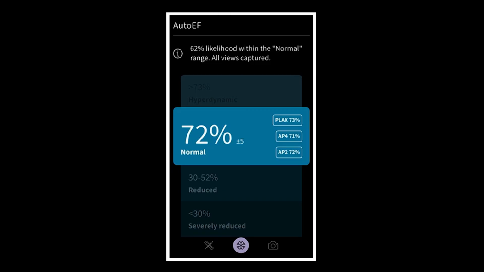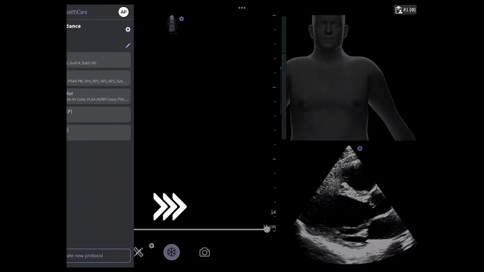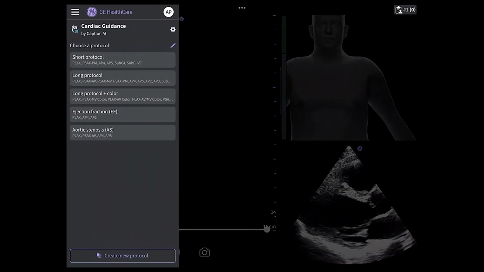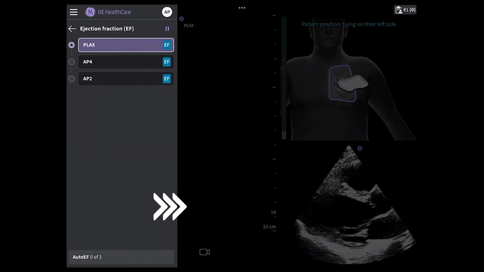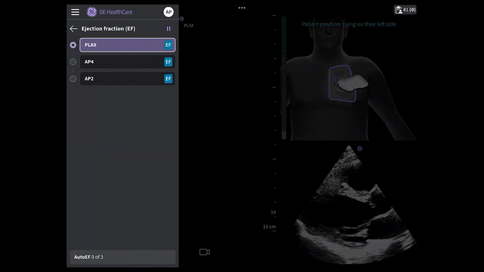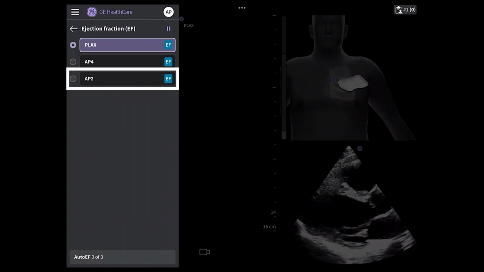Cardiac interpretation provides an automated ejection fraction estimate. Swipe right from the left edge of your screen to choose a protocol. Here you'll see the ejection fraction protocol. Swipe right again to see each view in the protocol. If you capture a parasternal long axis, apical 4 or apical 2 image of sufficient quality, the Auto-EF algorithm automatically